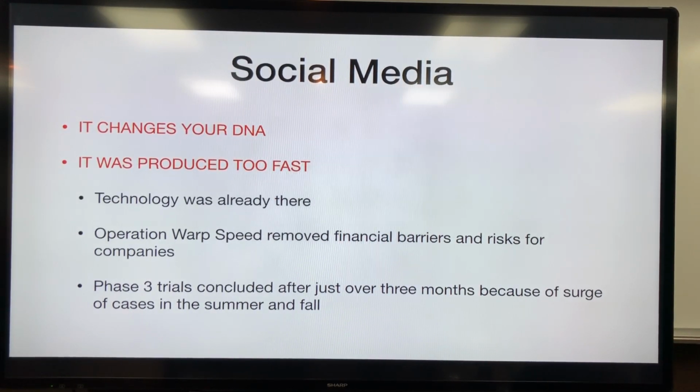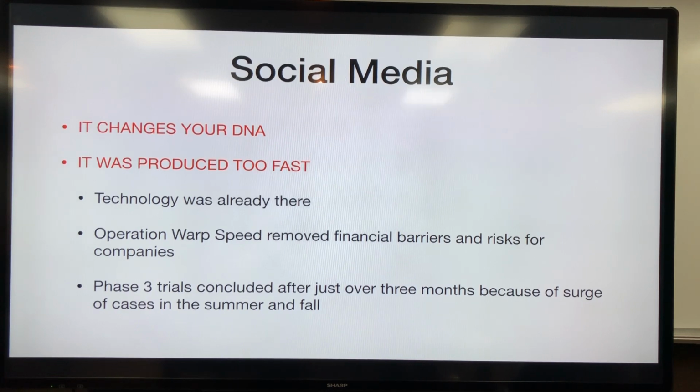Another thing I've seen a lot is it was produced too fast, and that actually has got some merit. I had to actually ask myself about that one too, until I looked into it a little further. The first one is the technology was already there. I didn't know that. The technology to make vaccines like this, and this is the first one that's actually manufactured RNA. That's not been done before. It's actually been done before, just never applied. It was made for SARS of 2002 and MERS of 2003, both coronaviruses. But those little mini pandemics went away, the money went away, and so it didn't go any further.